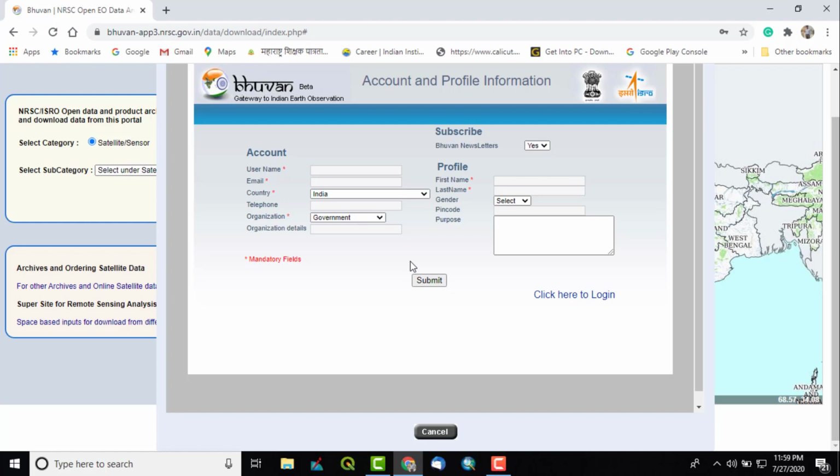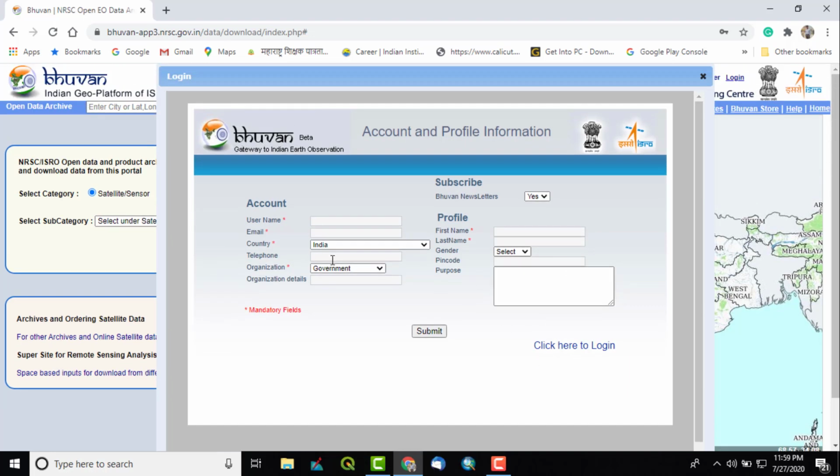Then you will get an email. The email should be correctly typed, and in that email you have to click a link, by clicking on which your account will get activated, and then you can simply click on login, and you can also set the username and password. I will not go into much detail on this because these are the simpler things.